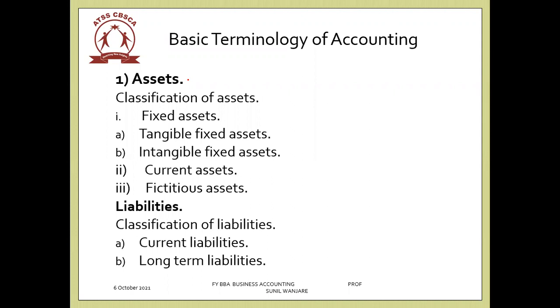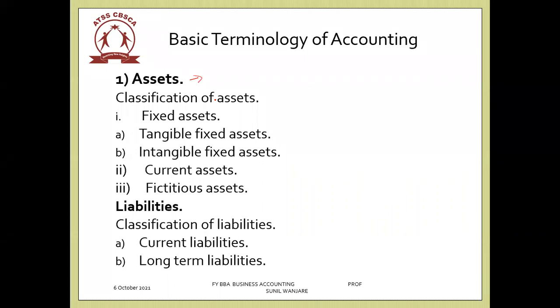Now, what is an asset? An asset is an amount which you have invested, where you are getting output from that, you're earning money from that, you're getting income from that. Like if you think about a travels business, the car which you have is generating income for you. Your car is taking passengers to different locations, for which you charge and you earn income. So a car is an asset for a travel company as well as a private company.